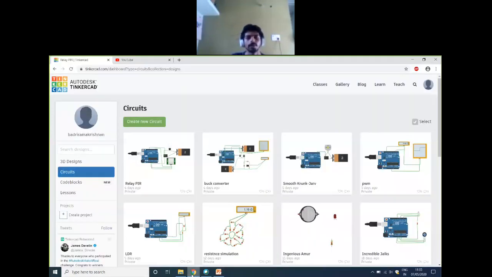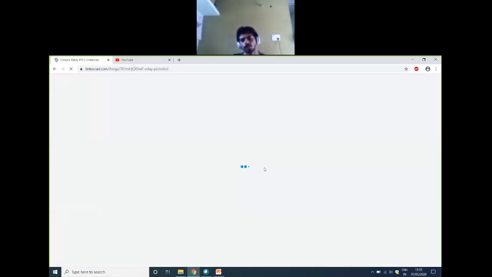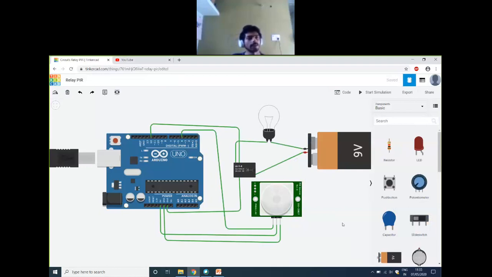Okay, fine. So I made a circuit directly with Tinkercad. As sir has explained to you about the PIR sensor, I thought to take the PIR example to show you how automation can be useful. By using a PIR sensor, you can switch on and switch off bulbs wherever you want. For example, if you have a place where you want the lights to be switched on till you open the door, and after that you want your light to be switched off, in that case you can use the PIR sensor.